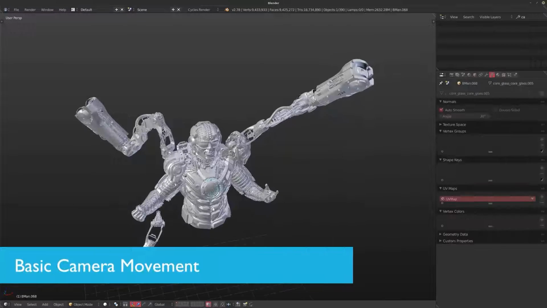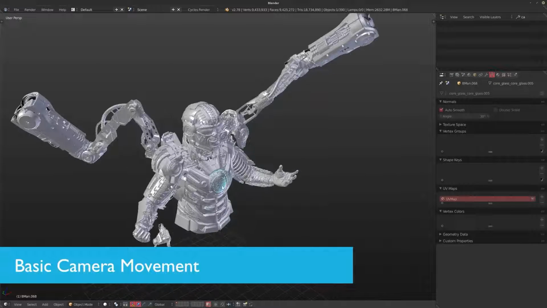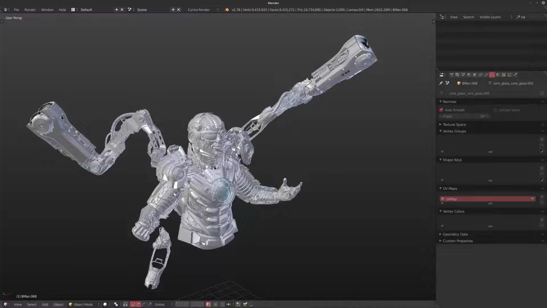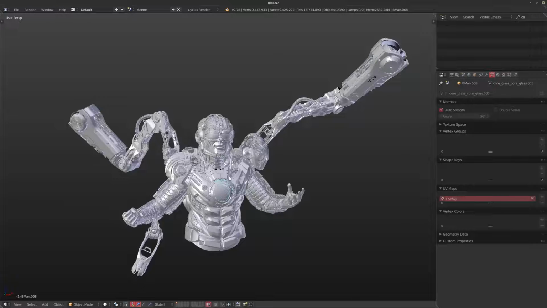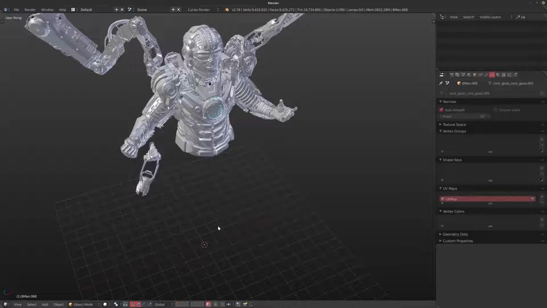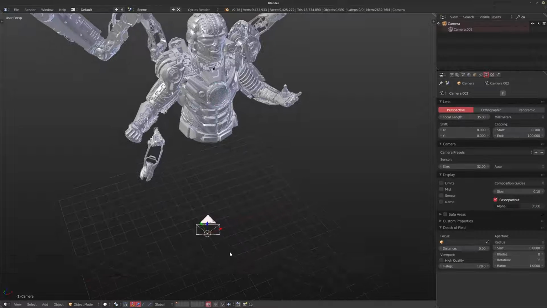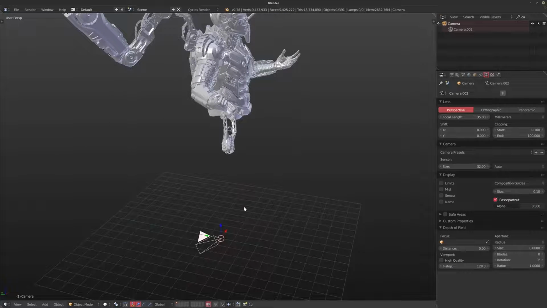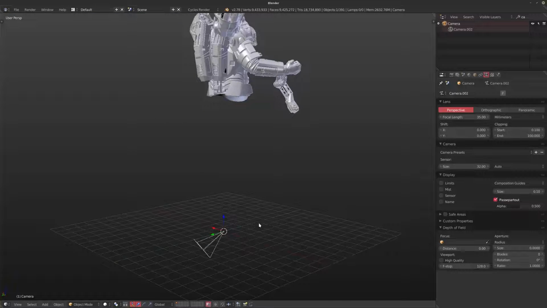So I want to talk a little bit about controlling your camera, and to do that I have a scene set up here, which is just the base model that I used for pretty much every shot, and just talk a little bit about how I control the camera when I'm working on things. So to do that, I'm first going to create a camera, and if you look at it, when you create the camera, it sort of aligns to your view.